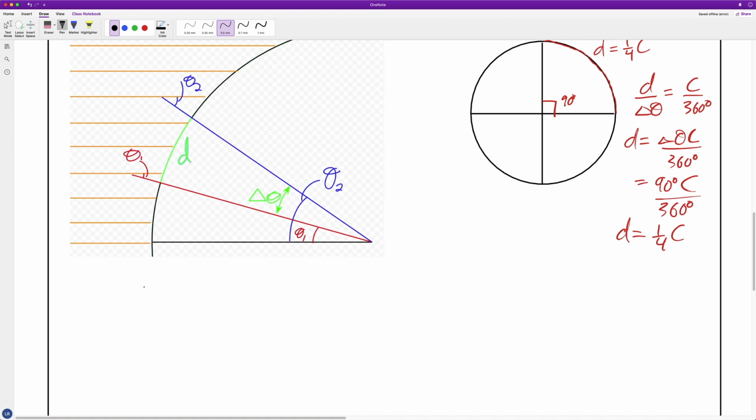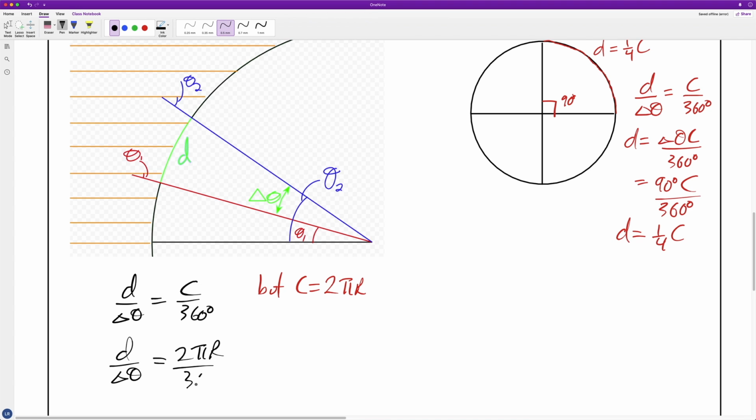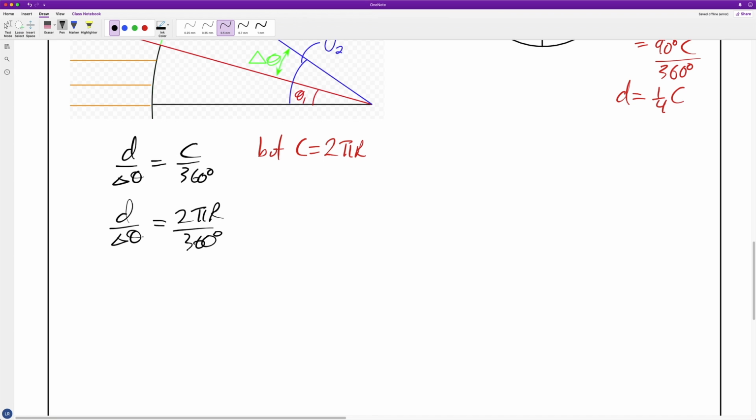All right, so now we're trying to find the radius of the planet. So I know that d over delta theta is equal to c over 360 degrees. But the circumference of a circle is 2 pi times the radius. So we've got d over delta theta is equal to 2 pi r over 360 degrees. Now we isolate for r. So that's going to be 360 degrees times the distance divided by 2 pi times our delta theta, and that is equal to our r. Substituting in 360 degrees times